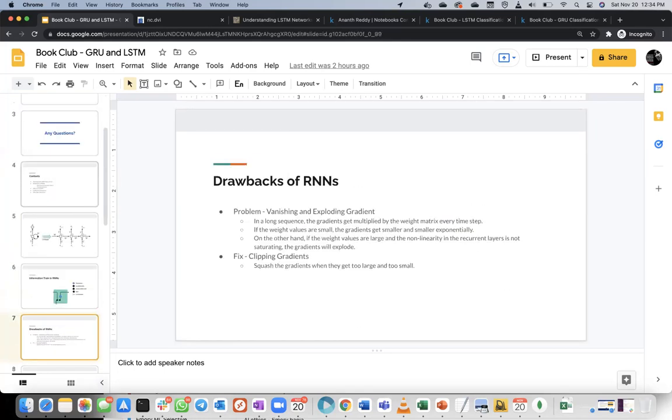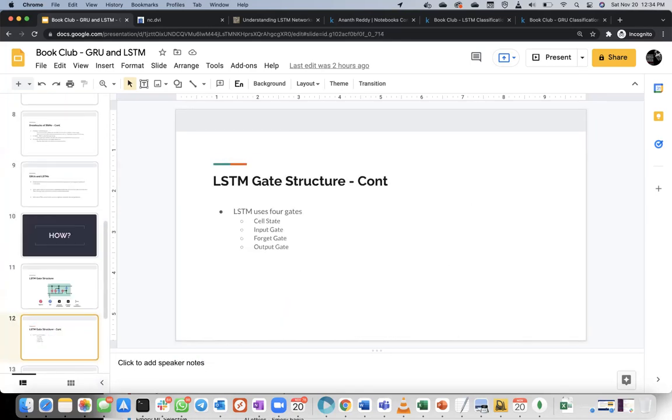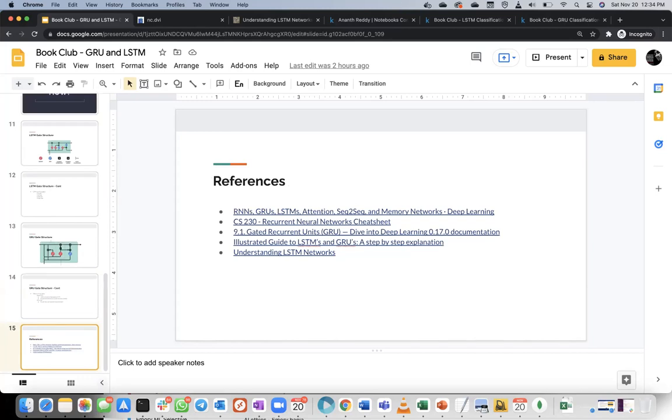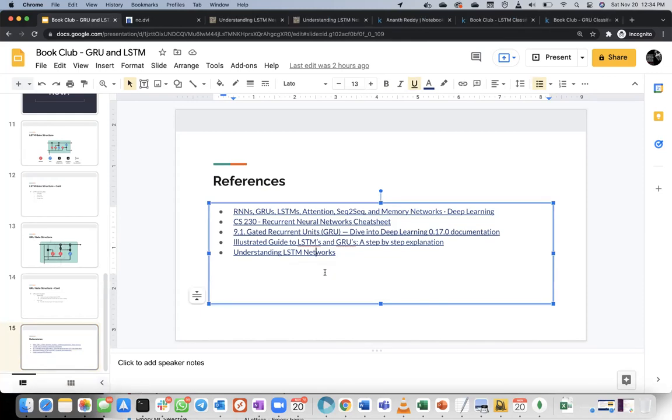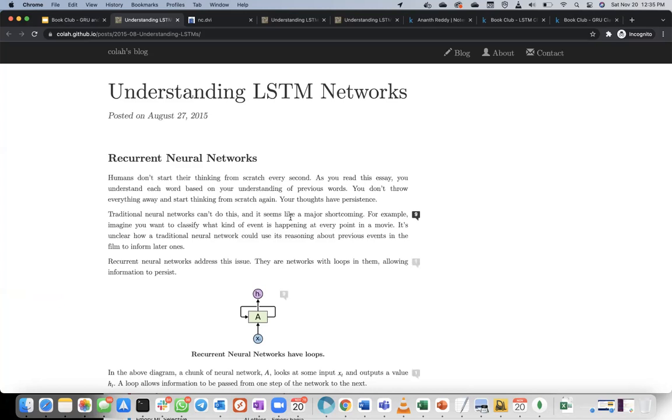One thing I'd suggest is to take a look at these references. These are top class references. If you want to read papers, the best way I found is to do three things: summarize, strengths, and weaknesses.